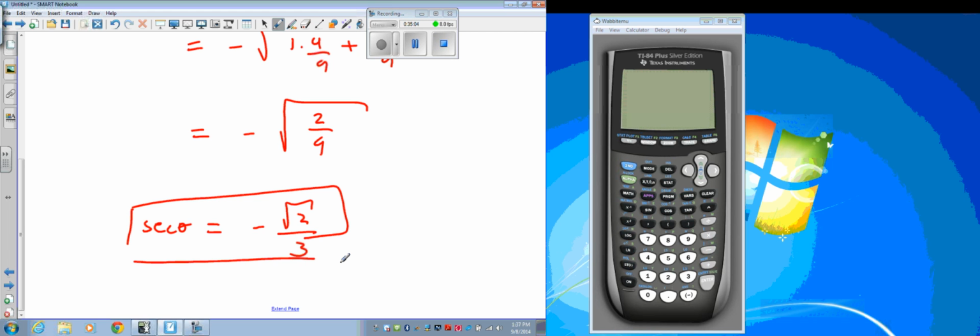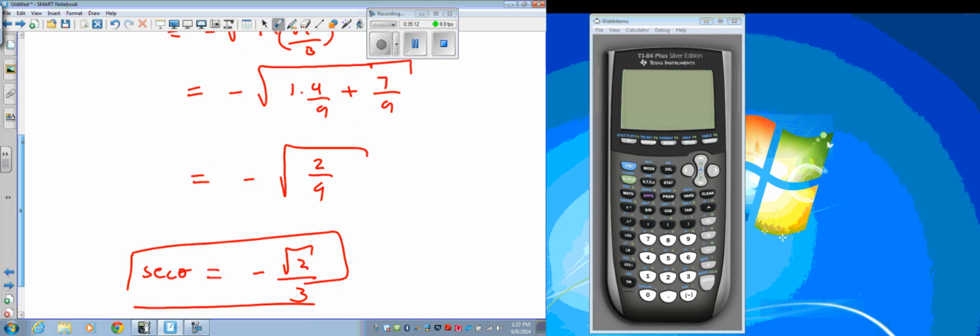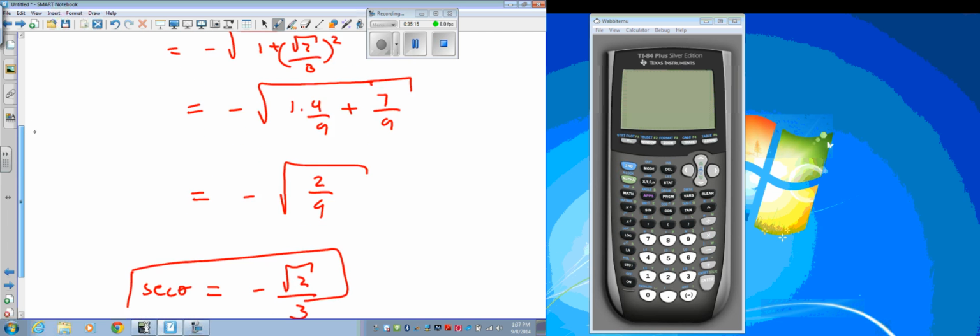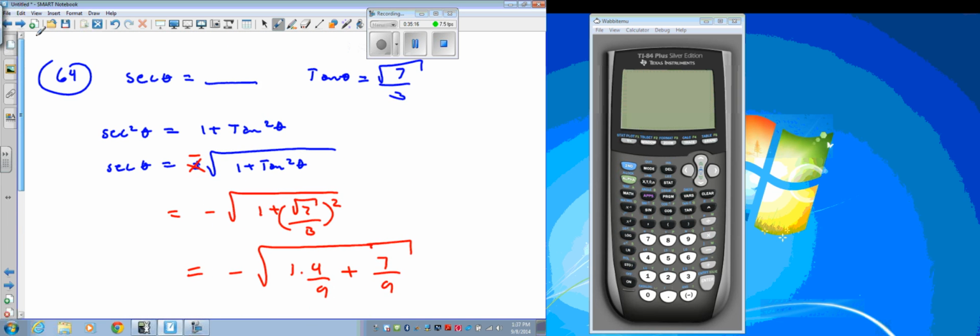So that's what they're wanting you to do, use those identities, figure it out. You go over, real slowly, how you're supposed to grab the positive and negative. You can see this is where I'm getting it from, 64. The thing I didn't write down is it says it's in quadrant